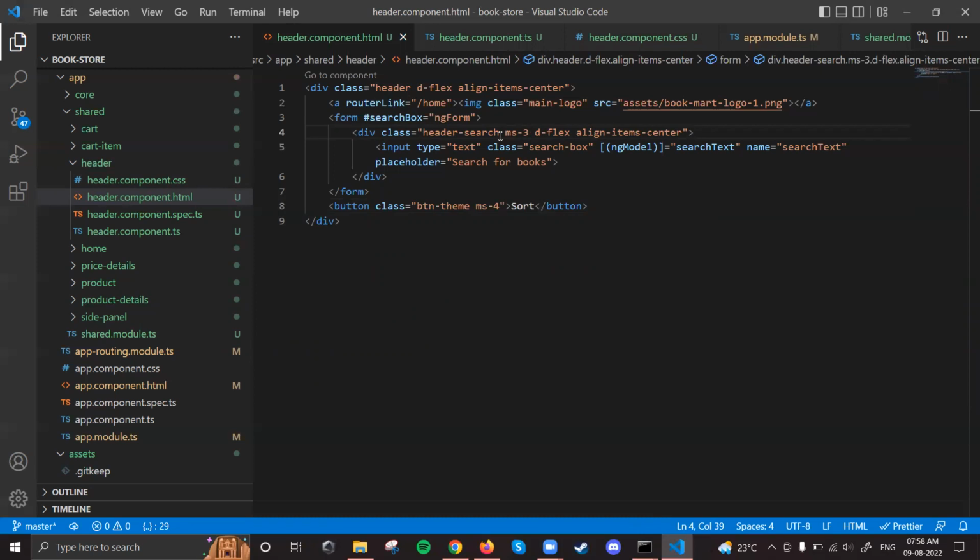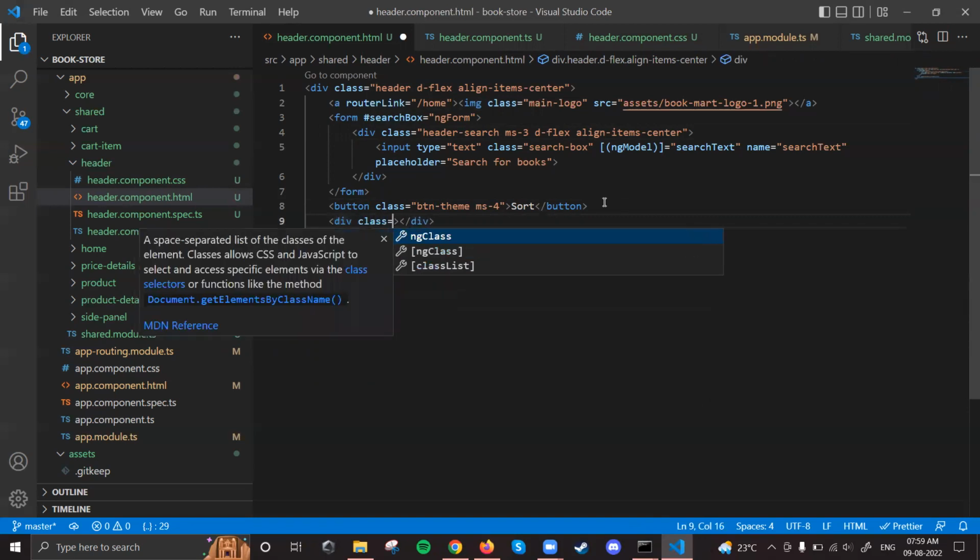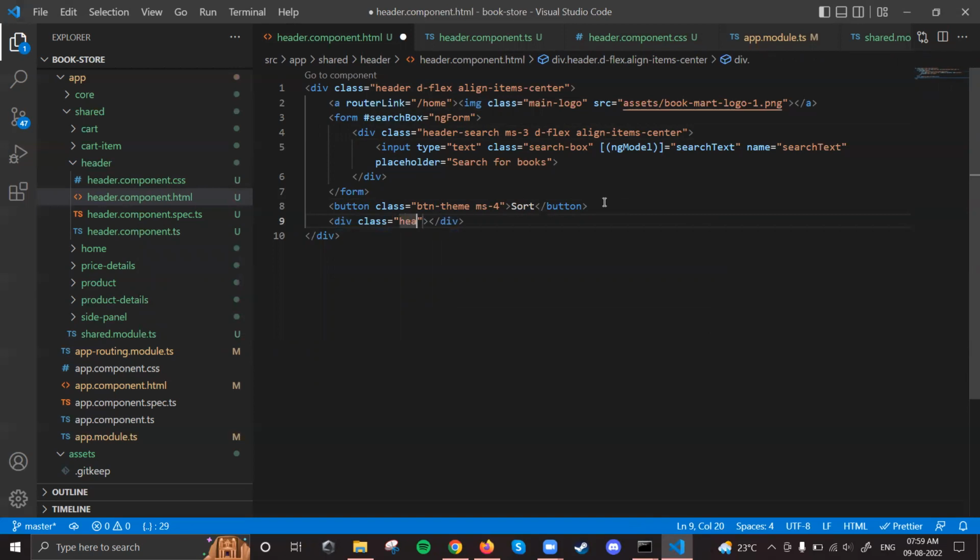Okay. So after the button, I'll have one div. So this div, I'll put some class, something like head right item. Okay. So inside the div, I will put the cart item and all, cart image and all those things. Okay. So div class is equal to maybe cart. Okay. And then